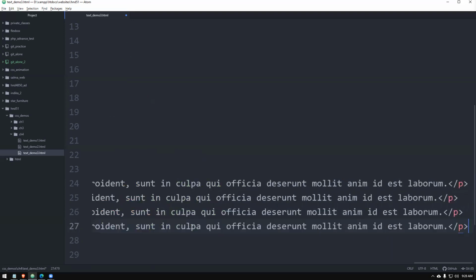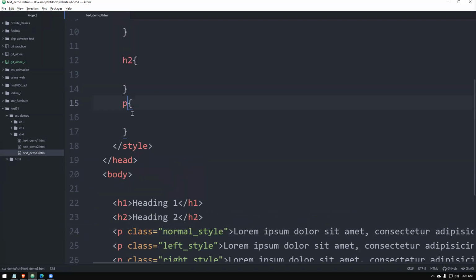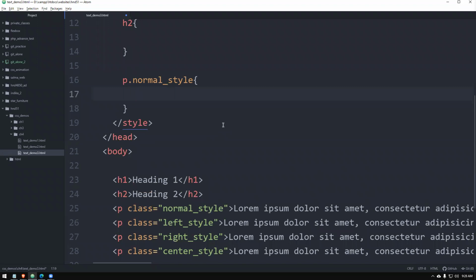I think we need one more paragraph. I'll just copy and paste. And the last one we'll put as justify style. Right. So just 5 paragraphs I just coded. Of course I included the term class equals these names, right? So here we can use the same thing, normal style. Actually you don't have to write any code here, right? You don't have to write any code there.